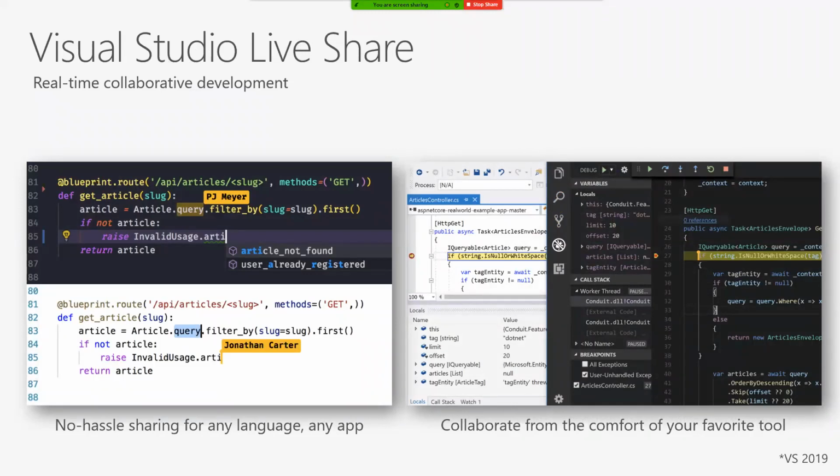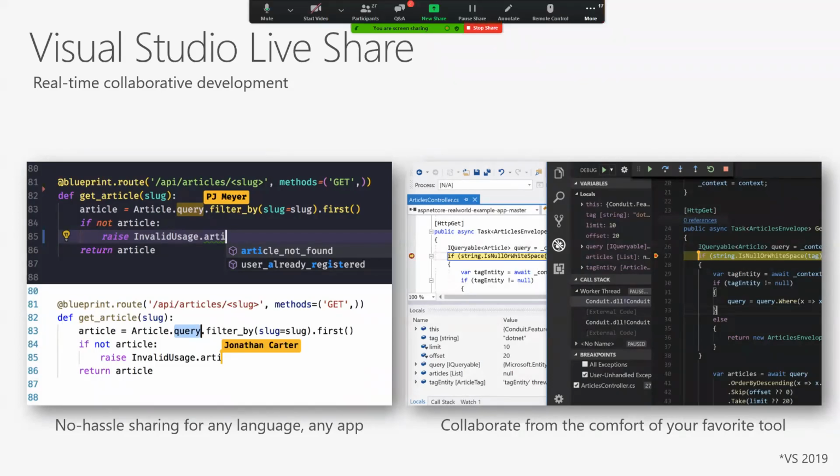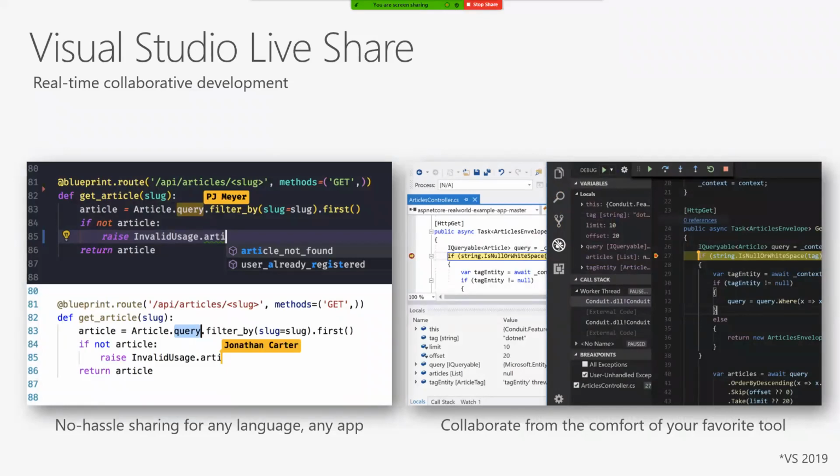So Live Share is the ability for me to send a link to my coworker. If you know David Ortinau from the Xamarin.Forms community, I'll send him a Live Share link and I'll be like, can you fix this? It is broken. And he will be like, oh, let me take a look, click into the link and literally come into my VS environment and click around as if it's a Word document and we're both online. So Live Share is fabulous.